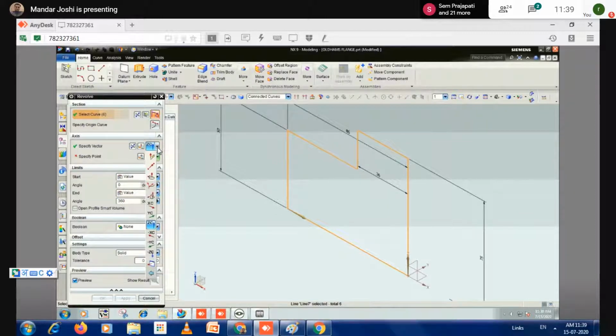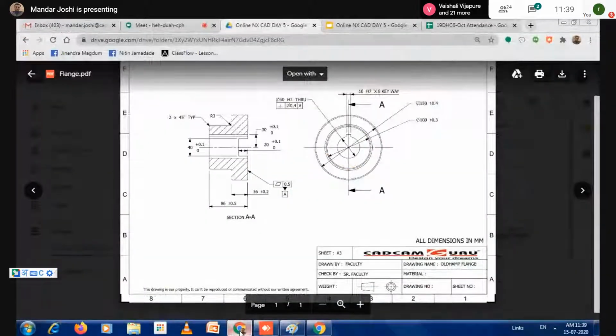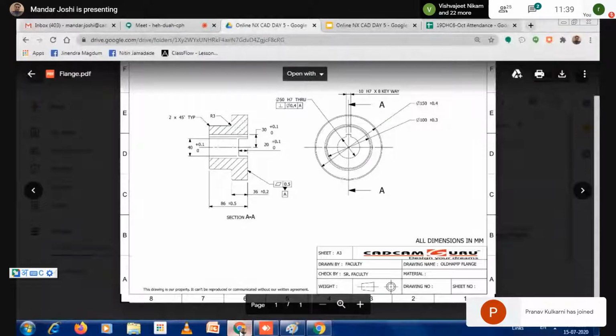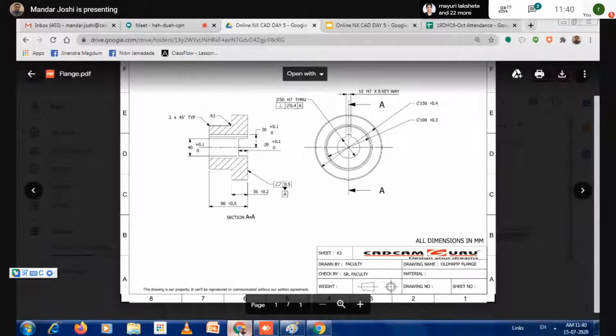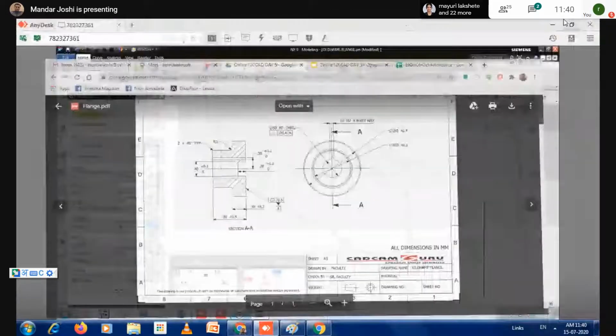Can you tell the direction which one is correct from this? X, Y, Z. ZC, minus ZC. See the drawing. X axis. XC, sir. How you want to rotate, horizontally or vertically? That is an important aspect. Or you want to rotate XC. So it will be horizontal rotation. That's why you have to take here XC.